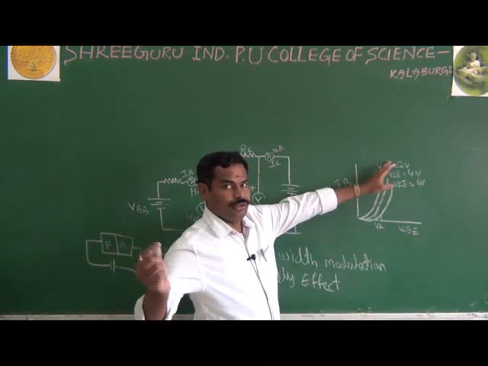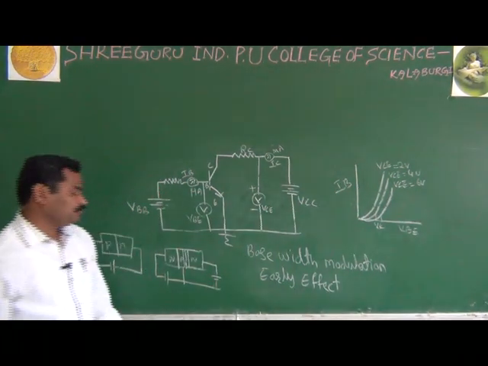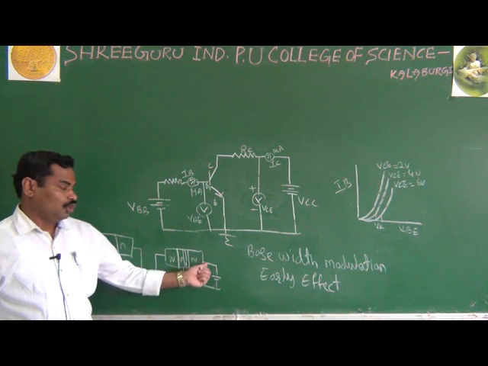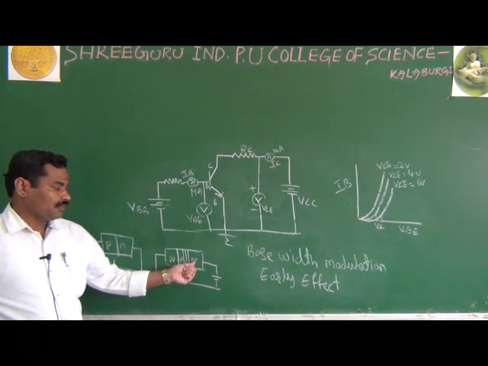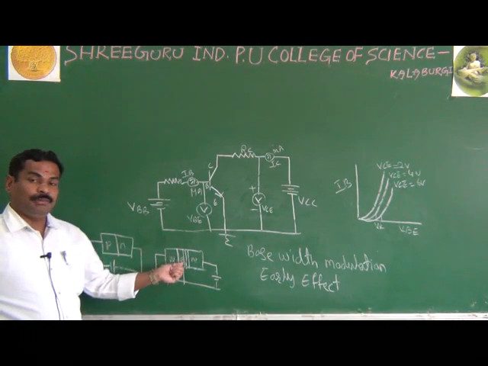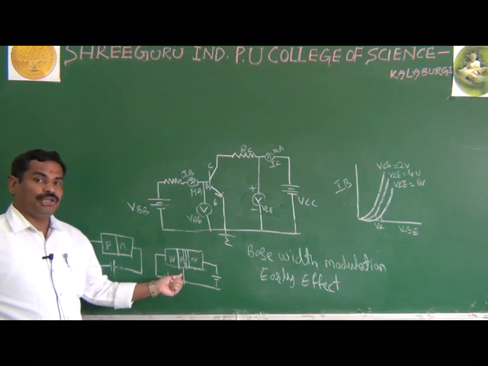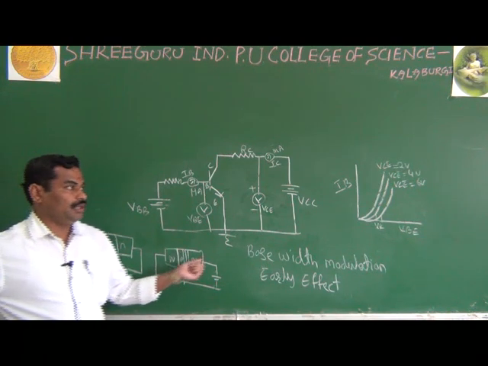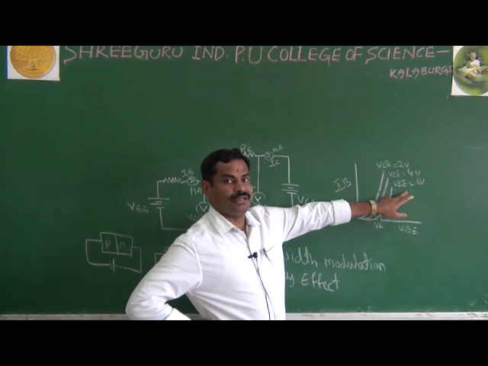As you increase the reverse voltage, the base current decreases. The reason is that as the reverse voltage increases, in your transistor the output has the reverse bias. When the output voltage increases, the reverse bias increases. Then the depletion layer moves towards the base. The base is already lightly doped, so because the depletion layer also moves towards it, you are reducing the base width. We have a very small number of electrons recombining, and we get a very small base current as we increase the output voltage. And the remaining things you will see in tomorrow's class. Thank you.